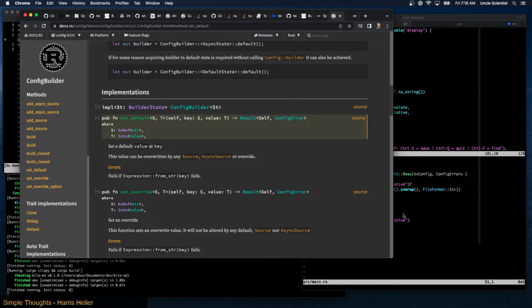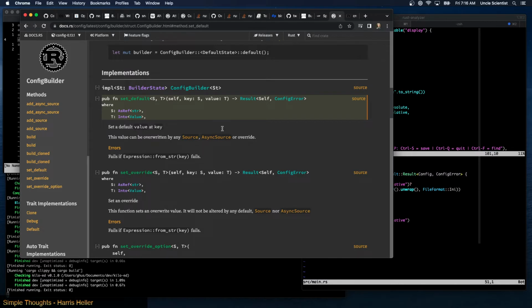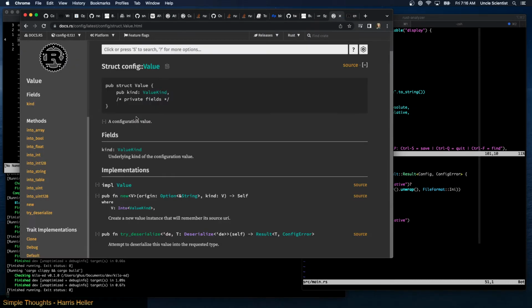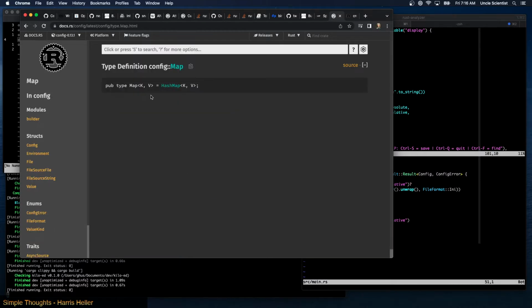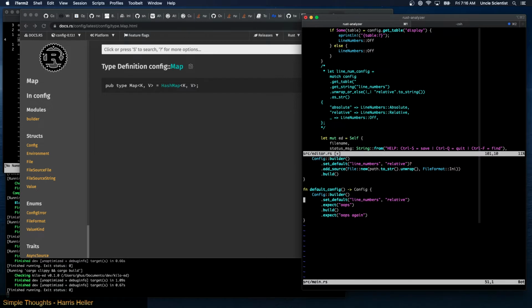I guess anything can be converted into a value? Into a table. And it's just a map, which is a hash map. Okay, so can we do that? Can I say create table, let